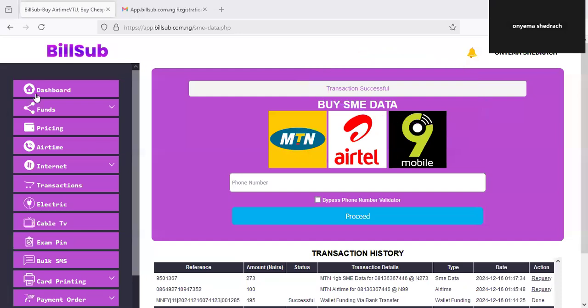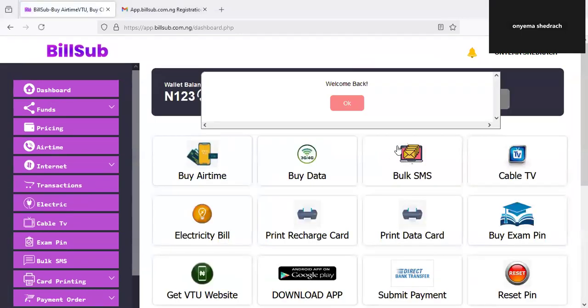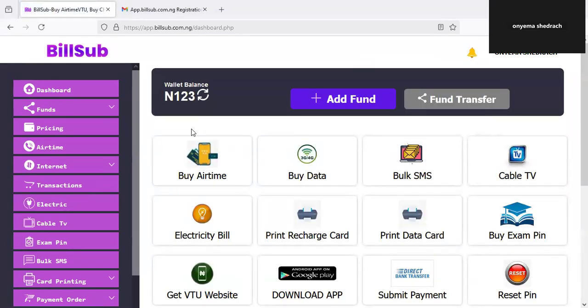Everything is working here. Now, to get started, as regards what I said in terms of using this platform, you can do this business without even using your own money. So you can see the balance I have right now is 123 naira, right? Before I show you that principle on how to get started doing this business without actually using your capital, let me also buy bulk SMS. I'm going to click on bulk SMS,